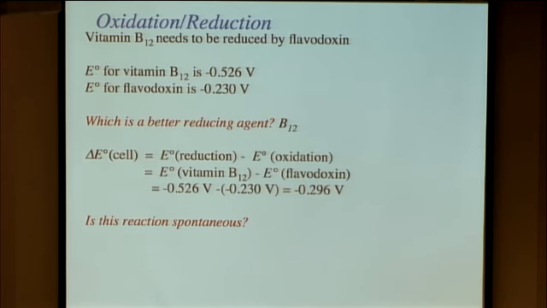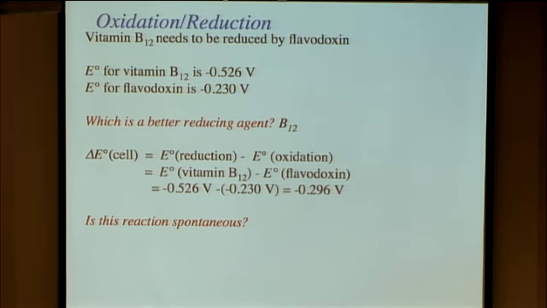So we can look at how unfavorable this process is, and we can calculate the standard potential for this. We can use this equation where we have reduction minus oxidation and plug the values in. And so we have a minus 0.526 minus a minus of the flavodoxin potential, and that gives us a negative